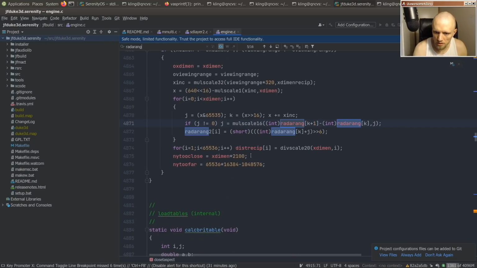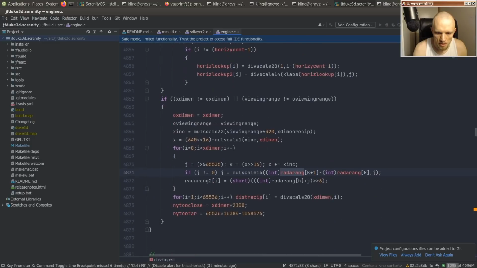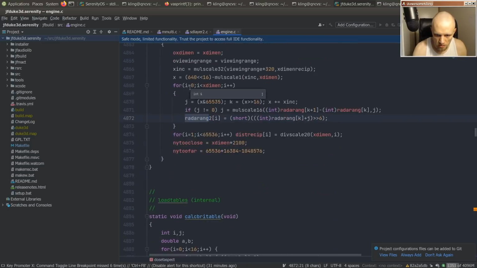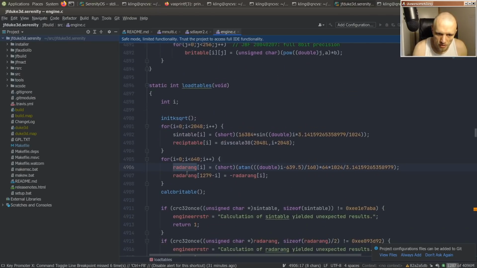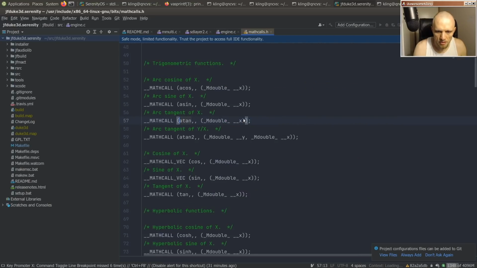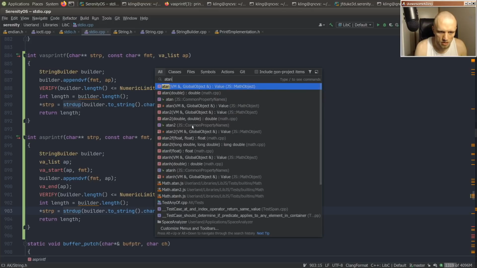Where are they building it? Here. Okay, what is this? Do set aspect. Or wait, no, this is Radarang 2, the electric boogaloo. Load tables. Okay. Radarang. So a bunch of math and an ATAN. Okay, so I bet you that our ATAN in Serenity has some bug